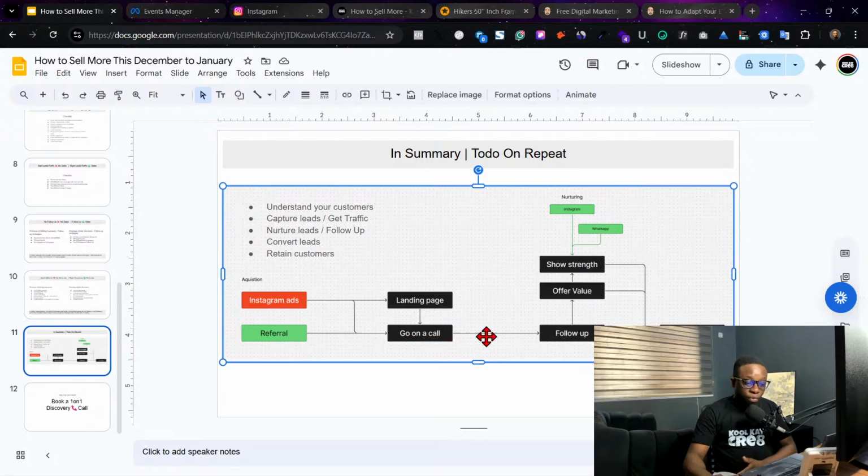So you book a call. This is for consultation or service-based business. You do follow up. This follow up, you can physically follow up, or you can use content to follow up. So I'll send this file. Then at the end of the day, you close. And when you close, don't forget to always still remember them. Chat with them and everything.